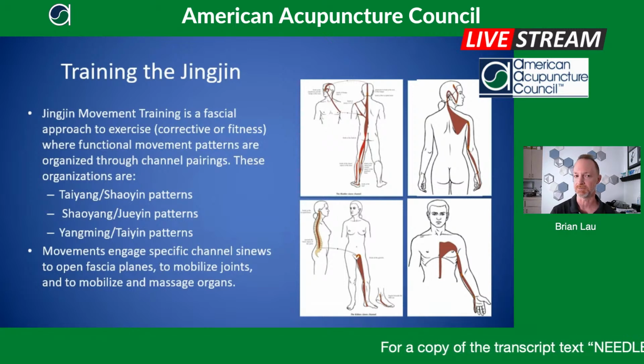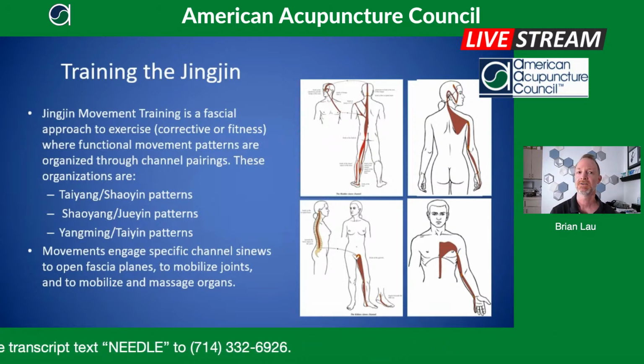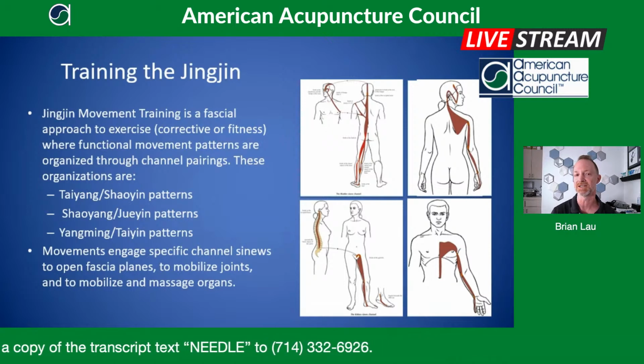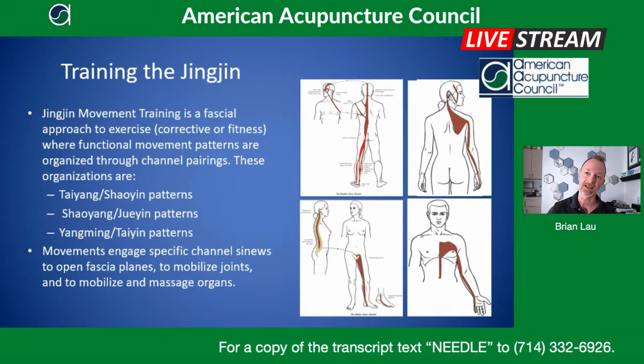So we can look at the movements from the channels and design very health giving movements, a type of Qigong, I guess, that are organized through the Channel Sinews. These movements can open fascial planes, mobilize joints, and mobilize and massage the organs. So looking at the movement potential of the organs, those channels actually take the organs into a movement. So briefly going back to Xiao Yang, Jue Yin, the liver itself has a rotational type movement where it rotates around the